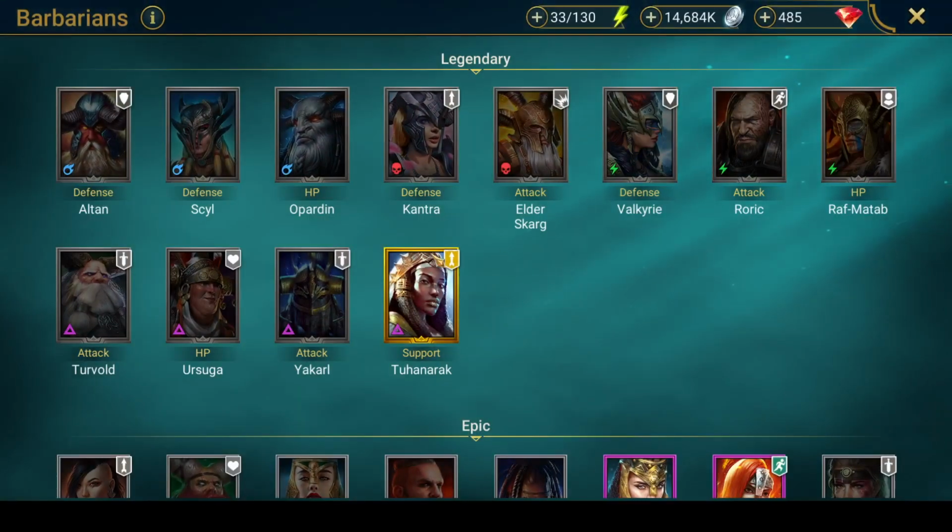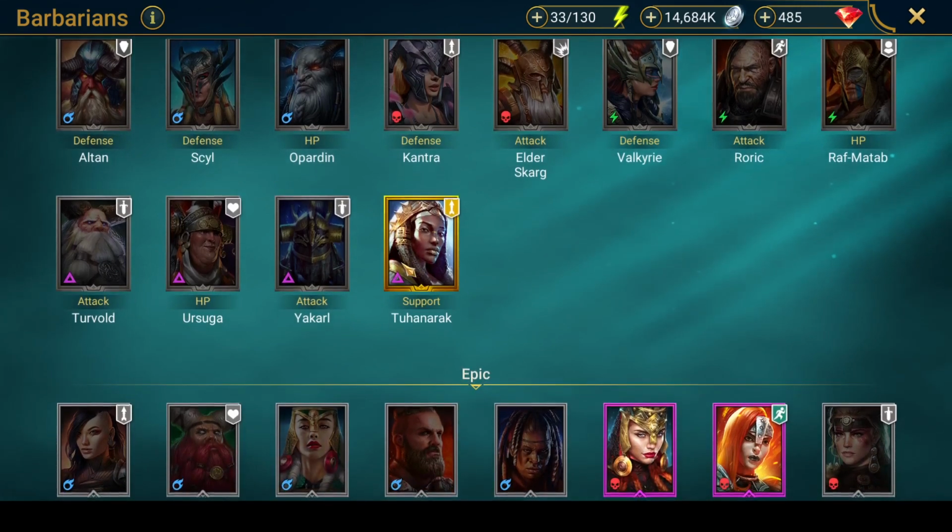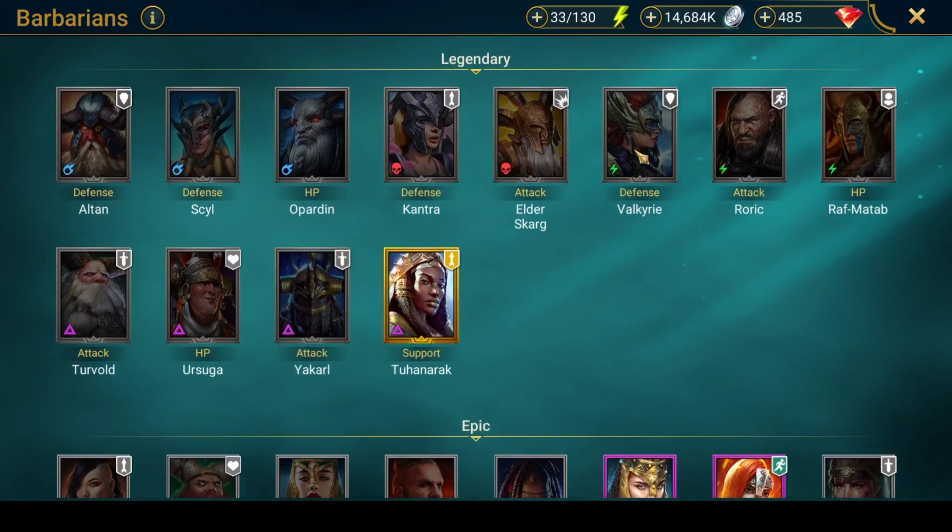We finished our Barbarians 21 this month as well, using a team of uncommons and rares. And we unlocked Tuhanarak, which was our second Void Legendary pull. Already 2 Void Legos in 70 shards basically. Pretty crazy. I haven't started using her yet, so if I pull a Valkyrie on the 2x, I would probably unlock her instead. Ursaga would be another really fun one to play with, but